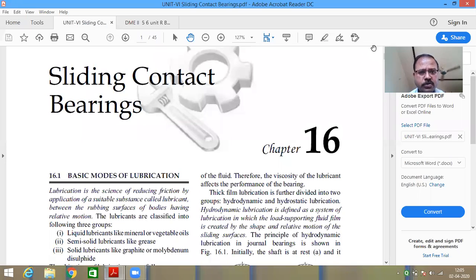Now today we are going to start our next unit, that is sliding contact bearings. Already in unit number 3, we have seen rolling contact bearings. Right? The basic difference between rolling contact bearings and sliding contact bearings is that rolling contact bearings are used for low amount of radial load, low amount of axial loads. Right? But when